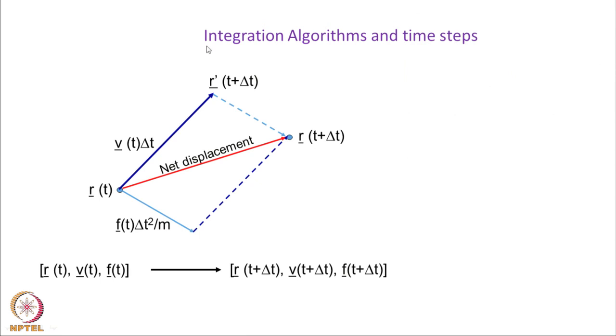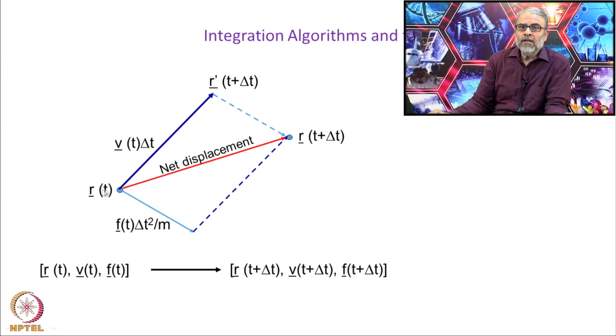So, now let us do the integration algorithm. What is an integration algorithm? I have a position r, and suppose I have a time step. In all our simulations, delta t will be the time step. After this time delta t, where will the particle be located? The particle will be acted upon by velocity as well as the acceleration. So, the new position will have a velocity term, velocity into delta t, and this is due to the acceleration term. The net displacement would be the sum of the velocity term and the acceleration term. So, the new position will be r at t plus delta t.